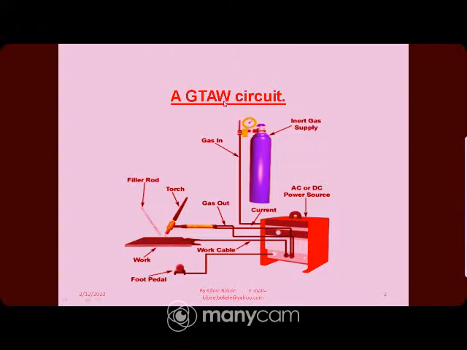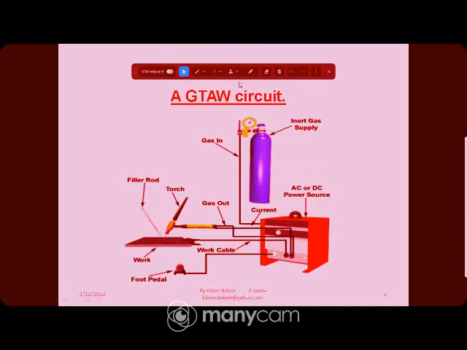So this figure shows the full circuit of the gas tungsten arc welding process, or GTAW circuit,